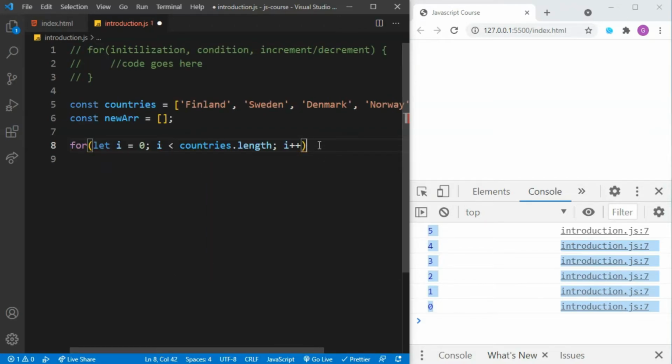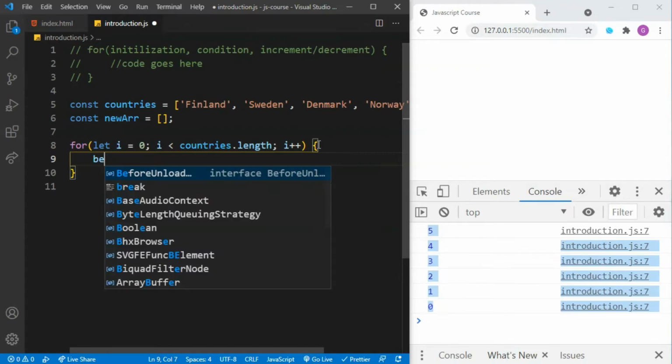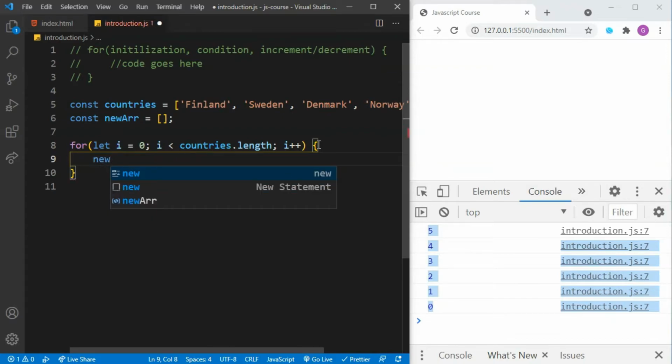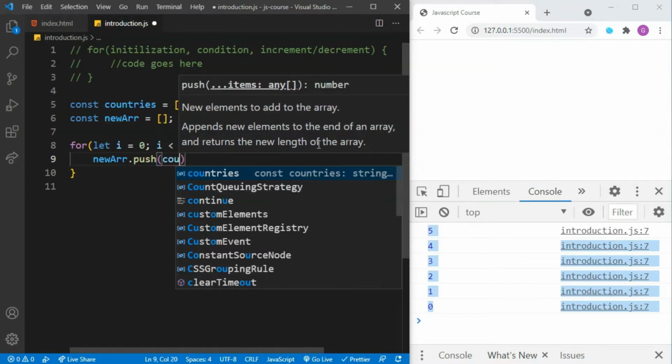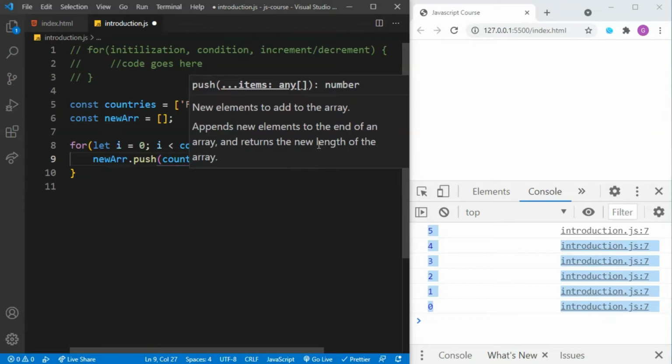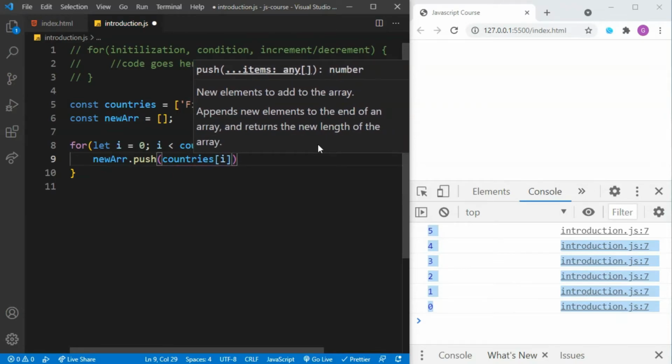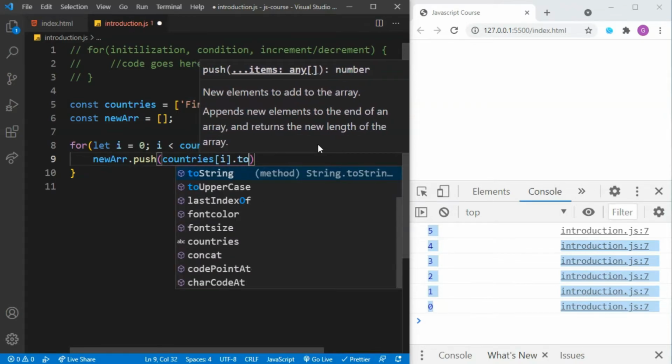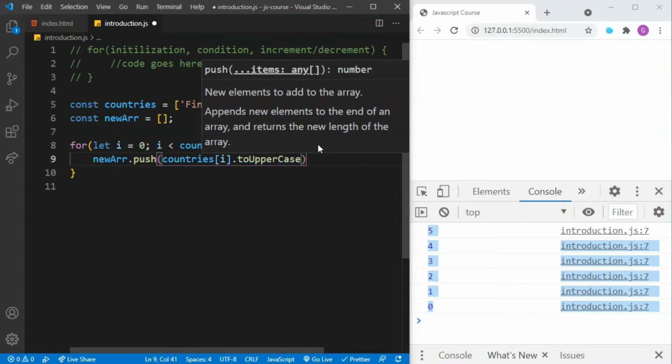Here I need to specify the code which I want to run. I'm just gonna push into the new array the elements from countries[i], and I'm just gonna convert them to uppercase.